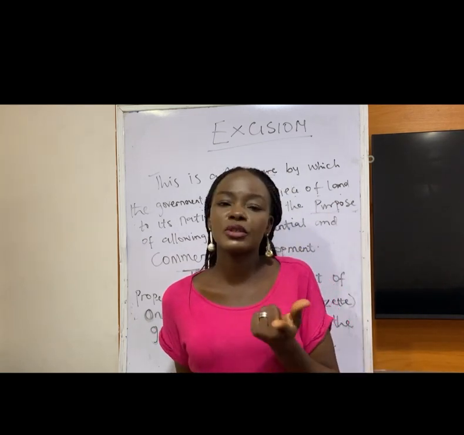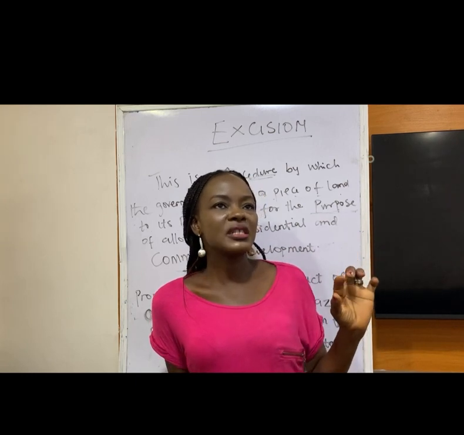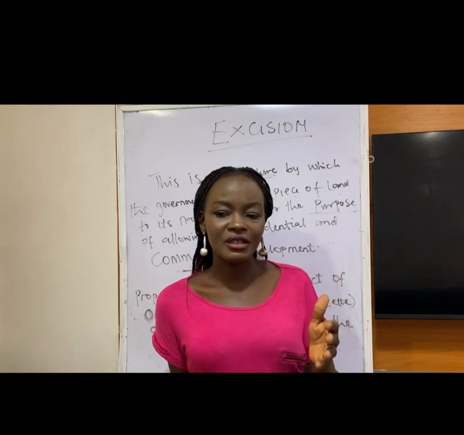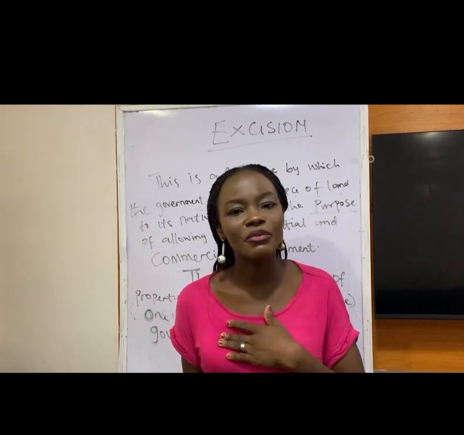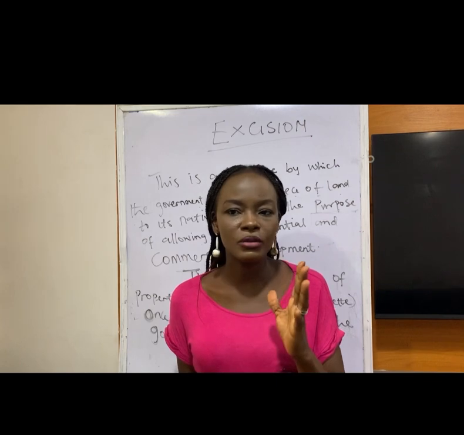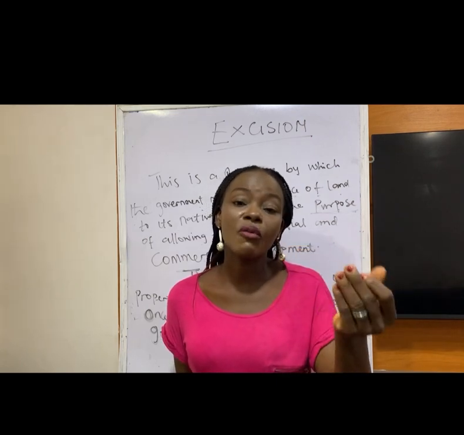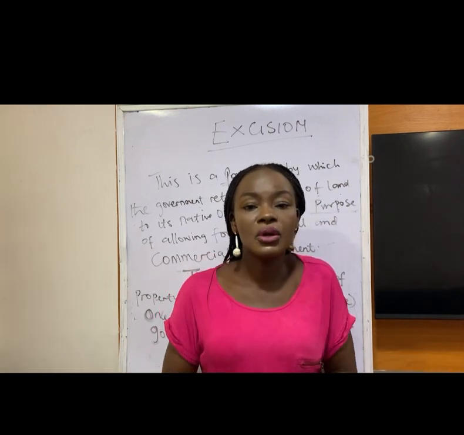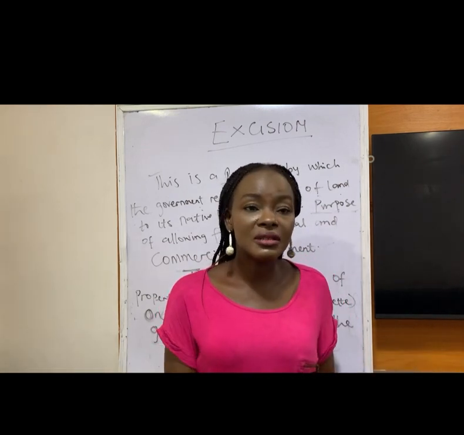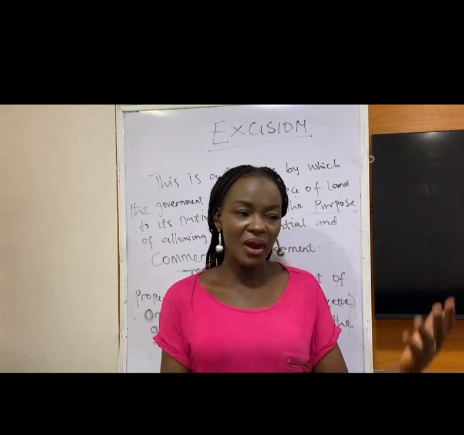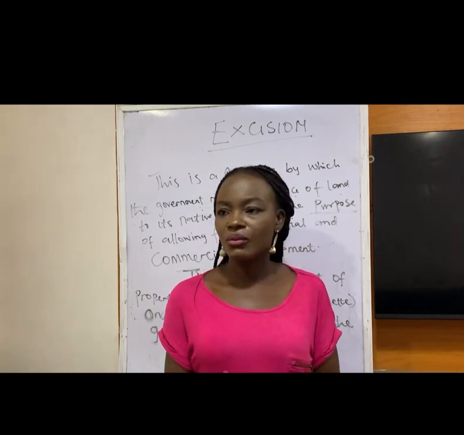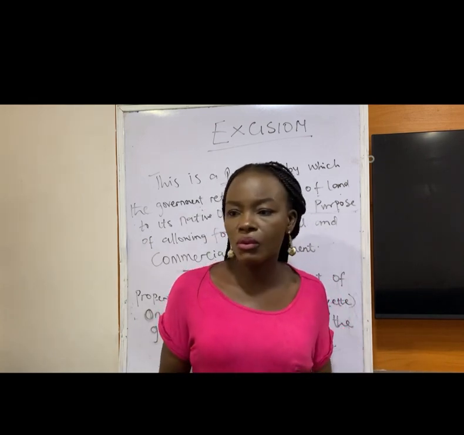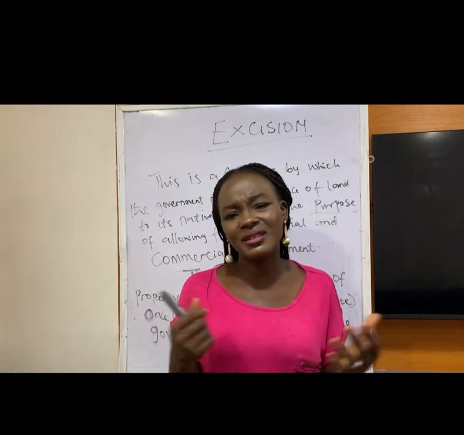Sometimes when you see an excision in process property, it's not because those properties are not good. It's not because they are even under government acquisition. All the family is waiting for is for the government to release it. But sometimes the government will decide not to release it. What will you do? So it's better to just go with the one they have released that already has a title and buy. Like we have some that are decision, we have some that are survey, CFO, governor's consent. That's better.